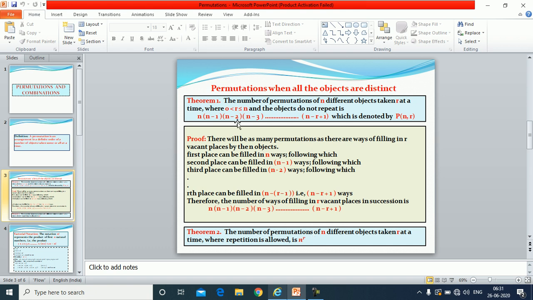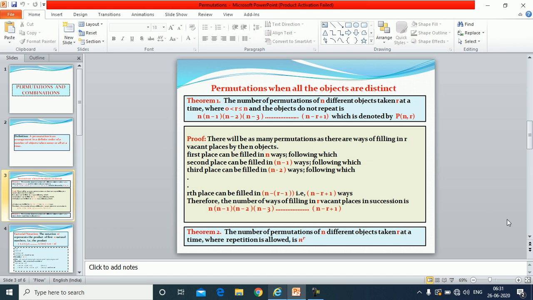Now if you look at this product when repetition was not allowed, this is a big expression, is it or not? And there is a pattern which is following. The numbers which are getting multiplied are consecutive natural numbers, and this product is in decreasing order. So this lets us think, can we have some easy notation for it?